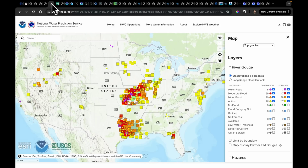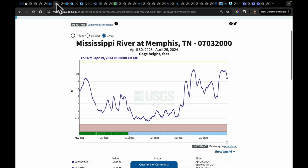But interestingly enough, a lot of the really wet conditions from this past week were on the western side of the Mississippi River. And a lot of what contributes to the lower Mississippi Valley, of course, we keep looking in at Memphis, is the water that comes in from the Ohio. And as you saw, a lot of the Ohio River did not get much precipitation over this last week. And as a result, you can see here that the Mississippi at Memphis is actually dipping down. I imagine this is going to make the turn back up when some of this water gets into place,